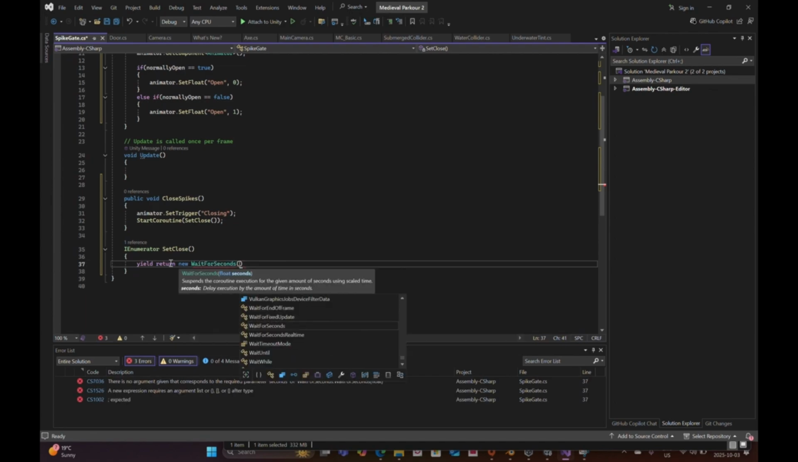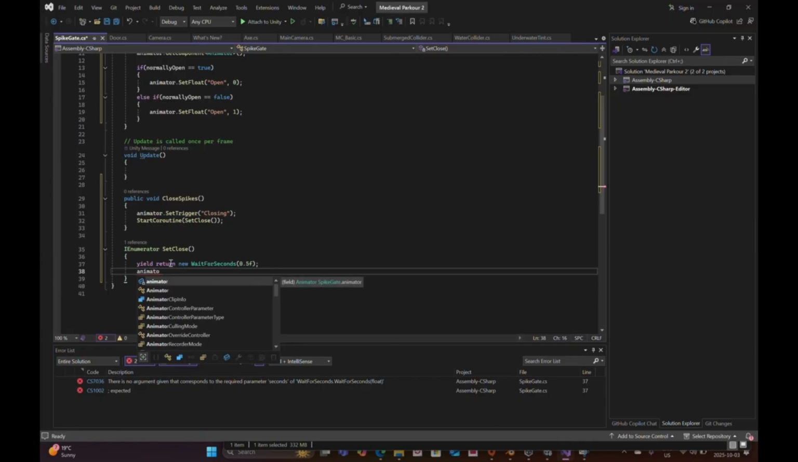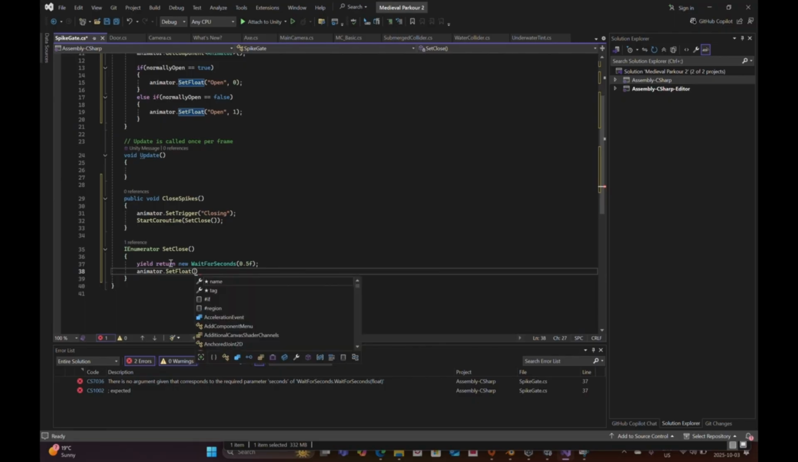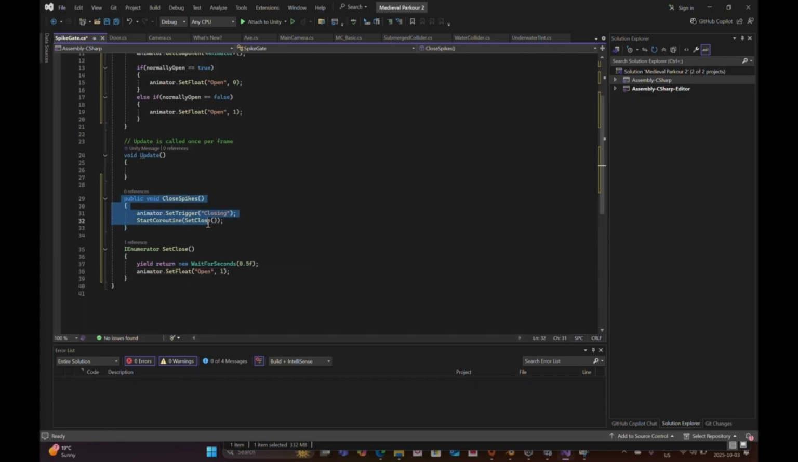seconds. Now I'm going to do half a second. Animator dot set float open to 1. So basically what's going on here is somewhere outside of the script it's going to trigger this, and once this is triggered, the animator is going to play the closing animation, which is this one, and that closing animation